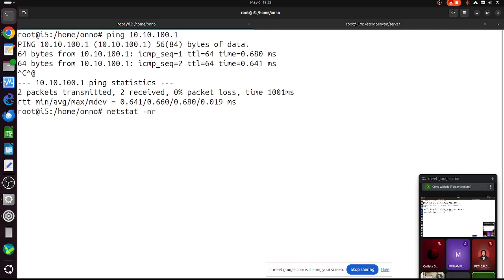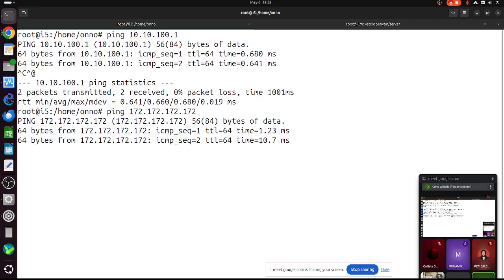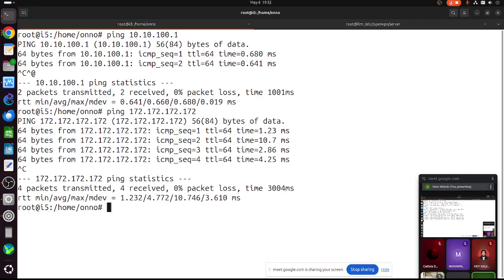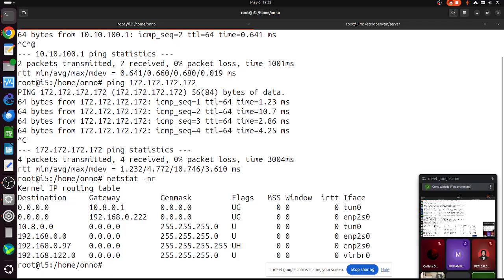Let me ping the other one. 172... It works. Okay, but it's not in the routing table. No, it's not in the routing table, but it works. So to be honest, I don't know why it works. It's strange. It must be